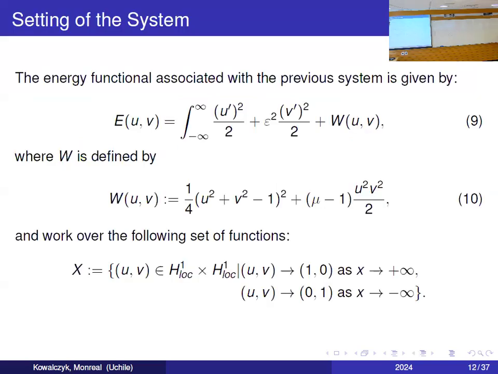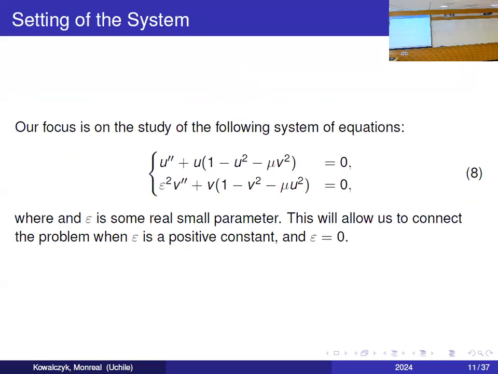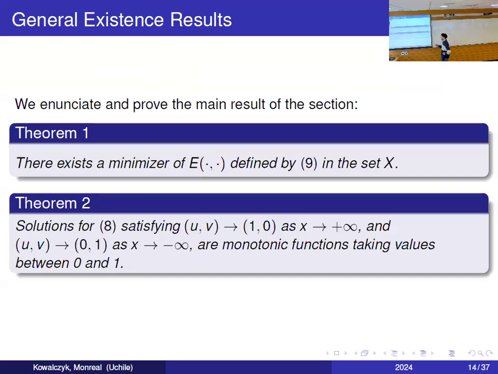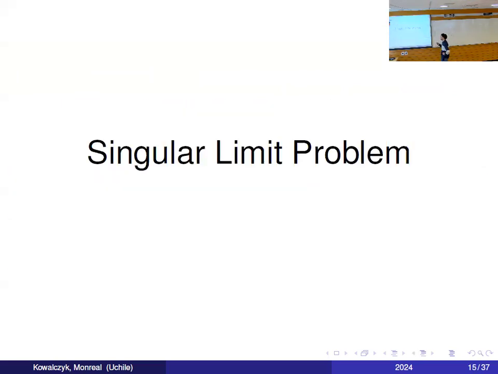If we see the equation, for example, I can take everything to the other side and get a uniform estimate for the second derivative of u. Now, the thing is that I cannot do the same with v because we have this singular perturbation parameter. If I want to divide by epsilon, I cannot get a uniform estimate for the whole family of solutions. So we are going to work with that soon with some other tools. But this is a really good result, and we are going to use it. And now the singular perturbation problem.